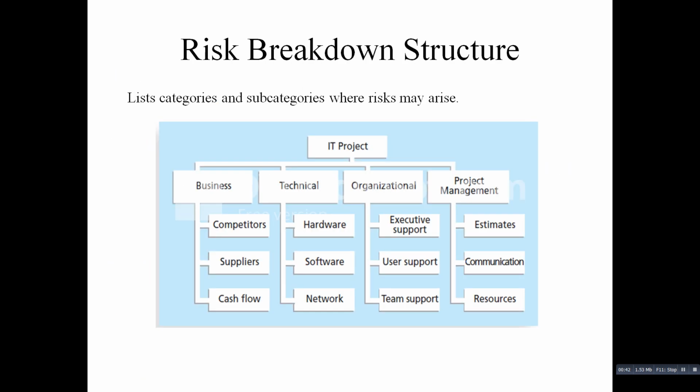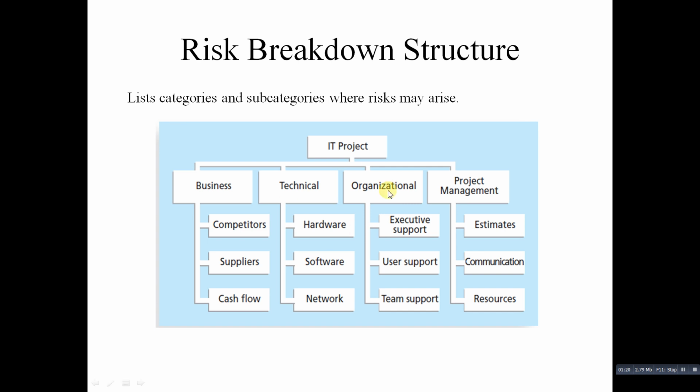So, risk breakdown structure. In the previous units we have studied the work breakdown structure. Similarly, in project risk management there is a risk breakdown structure. The risk breakdown structure is a useful tool to help project managers consider the potential risk in different categories. As I have said, it is similar in form to the work breakdown structure, where the risk breakdown structure is a hierarchy of potential risk categories for a project.